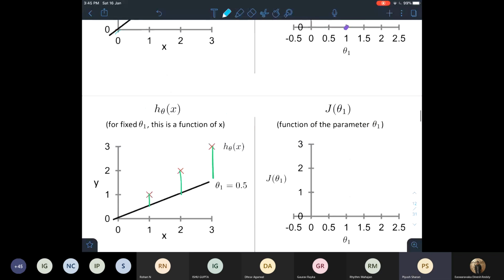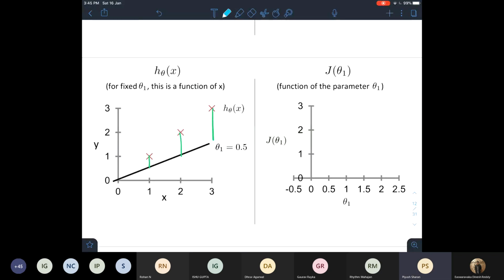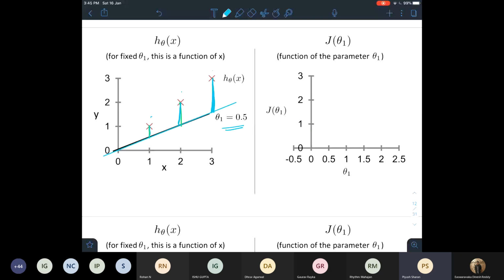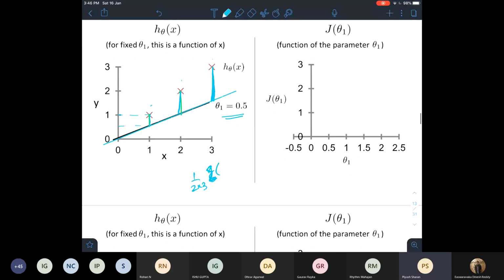Similarly, if for the same points we had theta 1 equal to 0.5, then the slope would be something like this. This time there will be an error. You can see these errors, right? So you can calculate the loss. It would be 1 upon 2 into 3, as we have 3 data points, and you sum it over. For instance, right now this value is 1, and this would be 0.5. So the loss will be 0.5 squared. I guess you understand. You can sum it over.